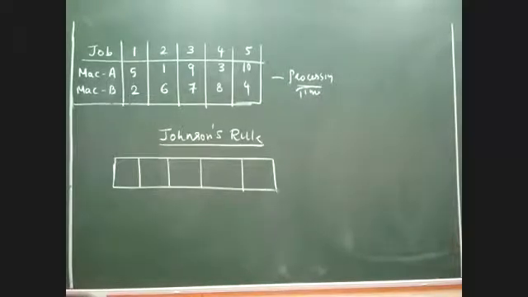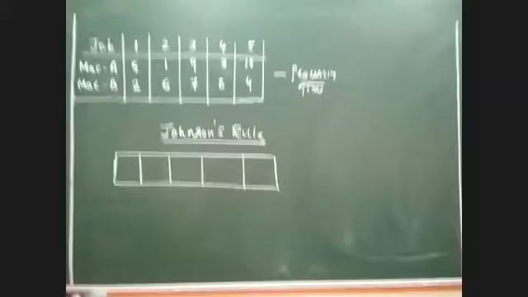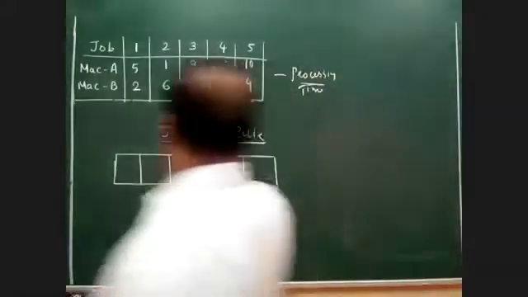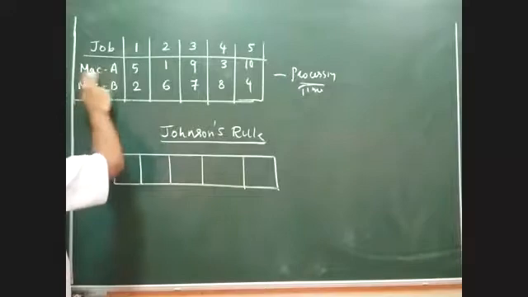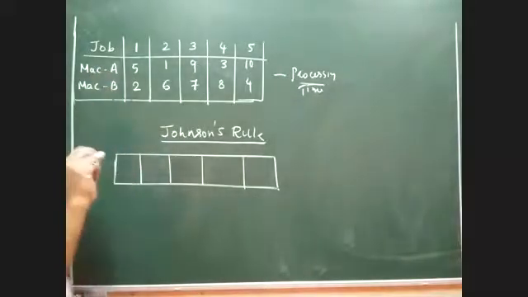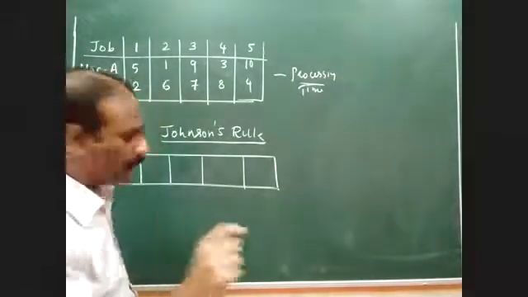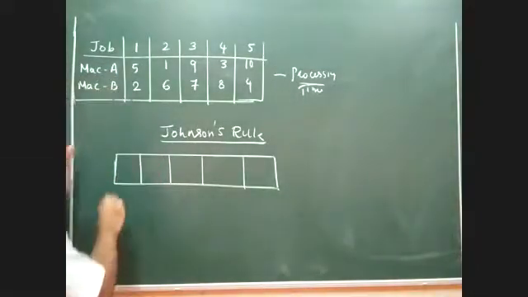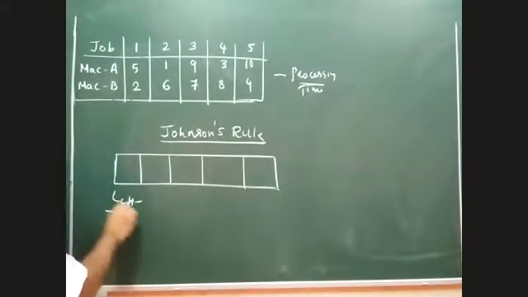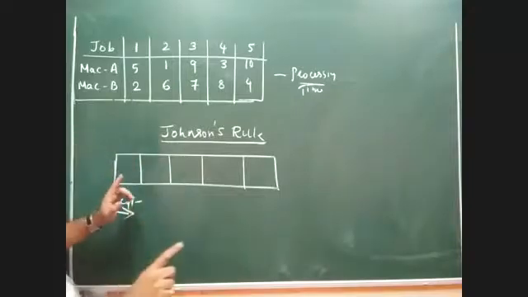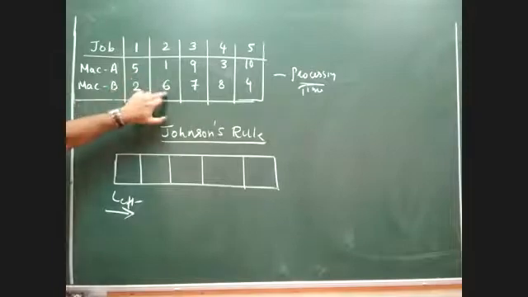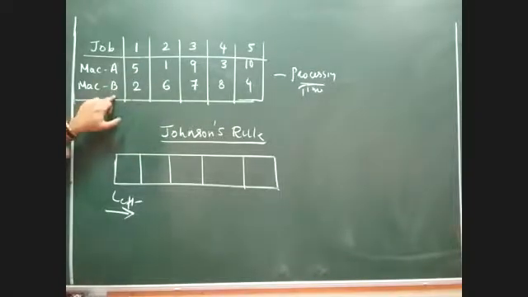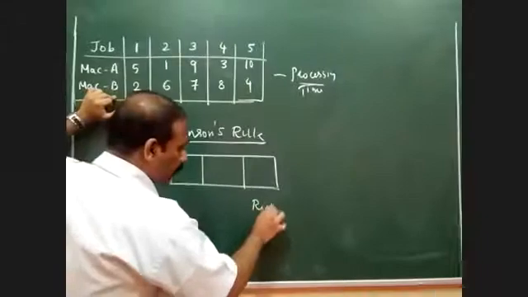I'll tell you how to remember these directions. I want everyone to please look at the board now. You can see that 1 is the lowest processing time, and 1 happens to be on machine B. If the lowest processing time is on machine A, then I am supposed to assign from the left. This is left. If the lowest processing time happens to be on machine B, then what should I do, sir? I am supposed to assign it from the right side.